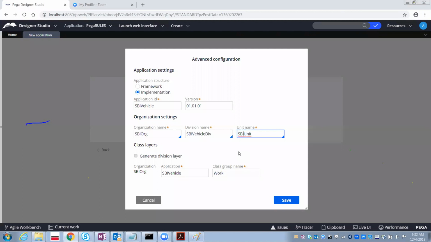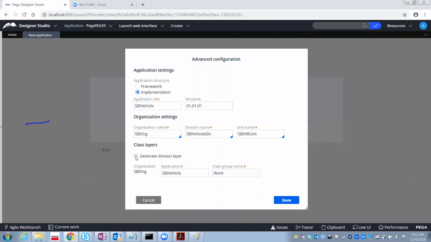Under the SBI, insurance is the division and then unit is the vehicle, like that. Otherwise we can give SBI vehicle division and under that SBI HR unit. So in case you want to create three separate layers for them, you can also create it.